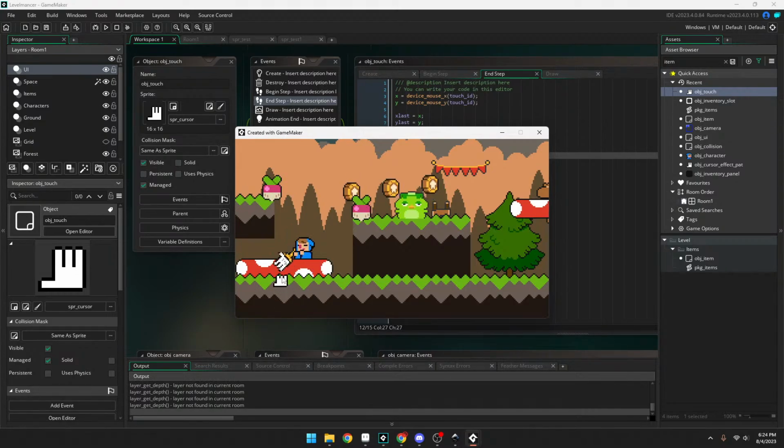I'm doing some real boring coding stuff. Yay, it works. Oop. Okay, disappeared. Bye. I don't know why that went away. Oh, because...